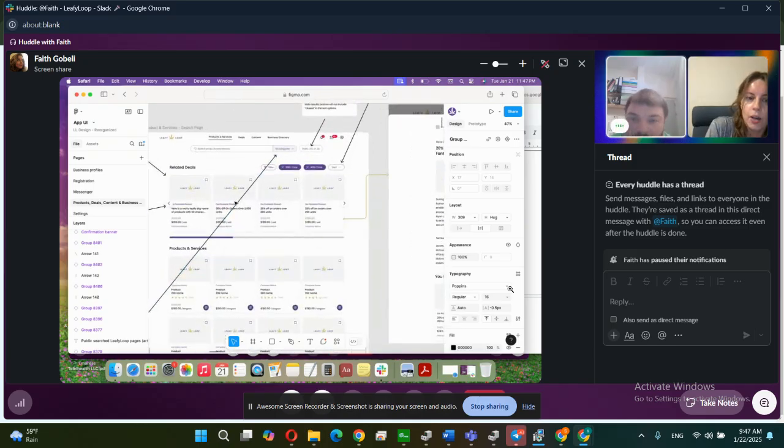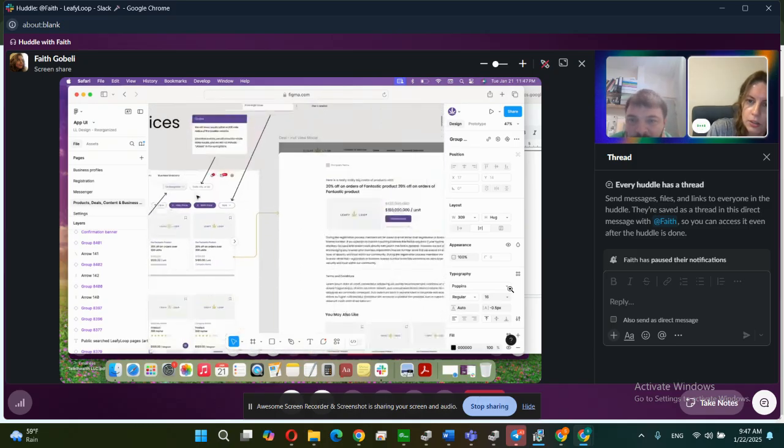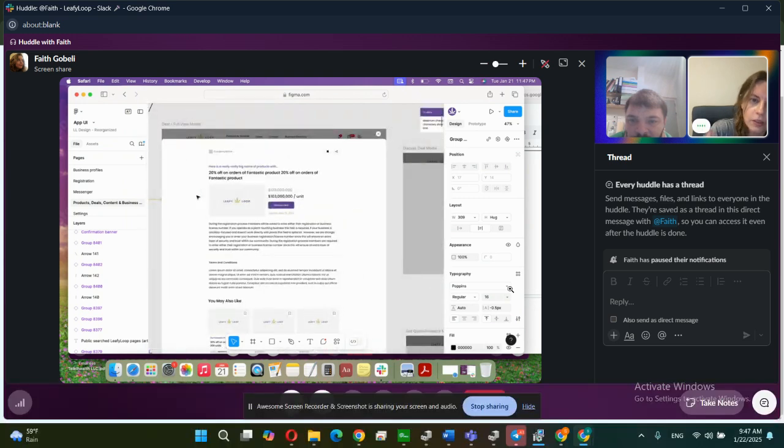So if a user clicks on one of these, let's say they click on a deal, this would be the full view or the details page, the full details of the card. And there's a lot of interlinking in the different components that we have here. So on this page, you can click to go to the company profile. You can click here to go to the product, the actual product that is connected to the deal. Okay. The CTA here would be discuss